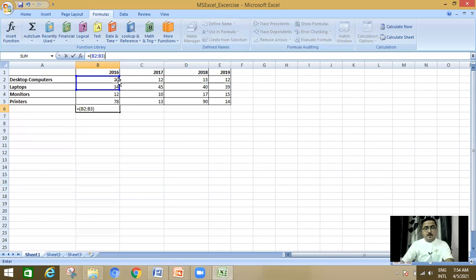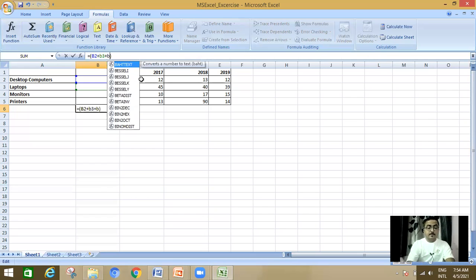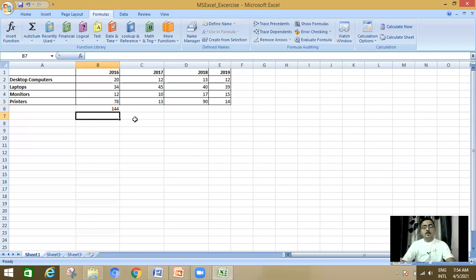Okay? So B2 plus B3 plus B4 plus B5. And after that, I have to just press enter. Here, you can see that the sum of these four values is calculated and printed over the particular cell.